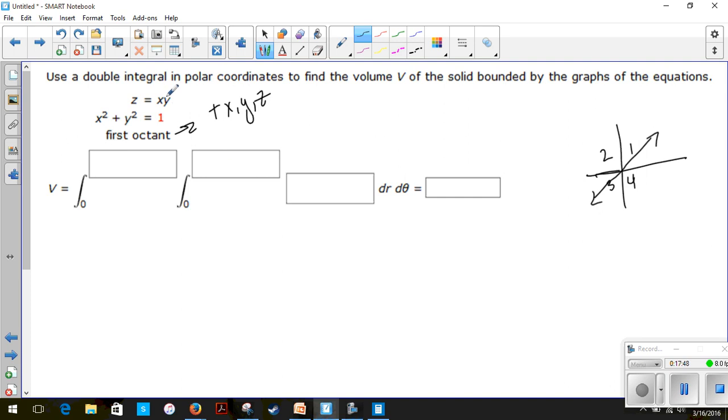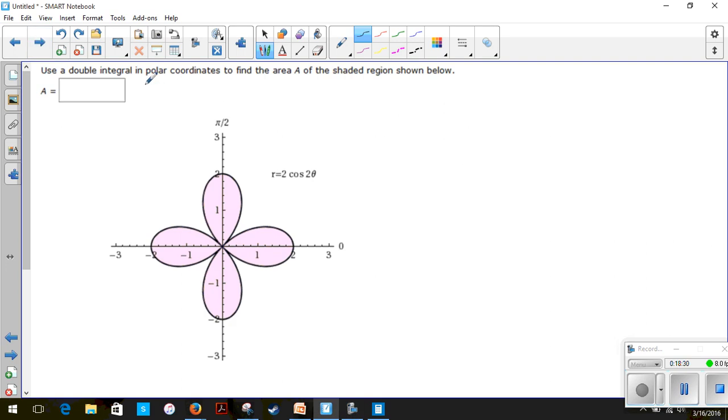Okay. z is x times y, so actually it looks exactly like the last one did, right? r cos times r sine times another r. And then we are going from 0 to 1 for my radius. And it looks like, oh, well, first octant, it will be 2 pi over 2 again. And since we basically just did this one on the other side, I'm going to spare you watching me do it again and look at the last one because it's a little bit more interesting. So we got our 2 cos 2 theta,